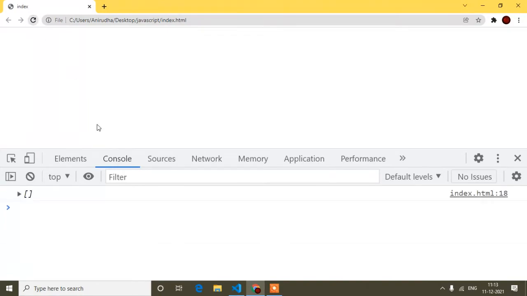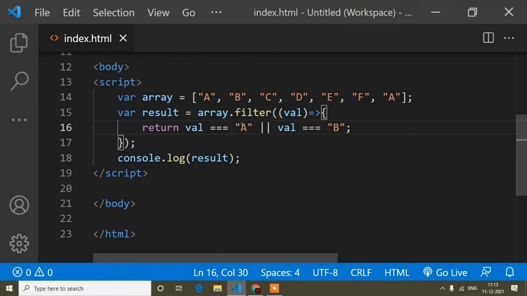So I hope here I will get... or you can see, not AND, it means it's checking whether value A or B is here or not. Whatever is here, that will be returned. Suppose when I have written the AND condition, that means in this array it must have the value A and B both. But when I have written OR, that means it may return A or B. If it finds B in this array, it will return B, and if it finds only A, then it will return A, and if it finds both, then it will return both. So that is the OR. Okay, so at that time we can write like this.